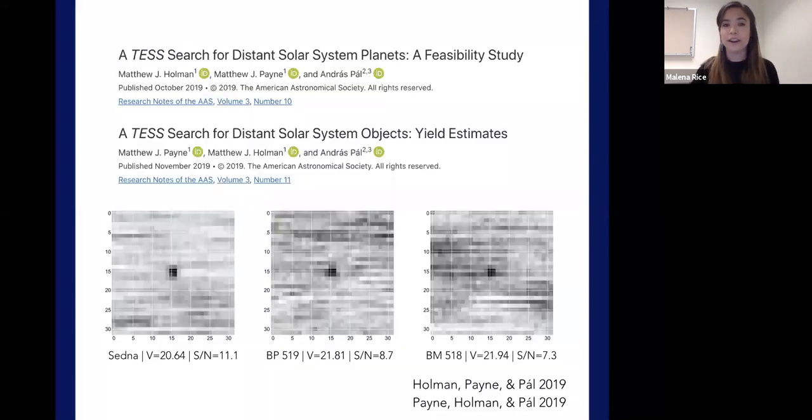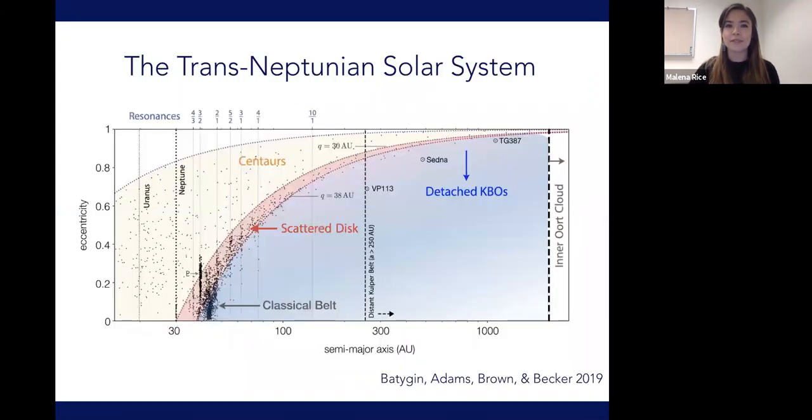Of course, I'd like to start off by acknowledging that this project was actually inspired by two papers led by scientists here at the CFA. So it's really exciting to be here and to share my work at the same place where some of that foundational groundwork was laid. All right, so to motivate this project, I wanted to also just begin with an overview